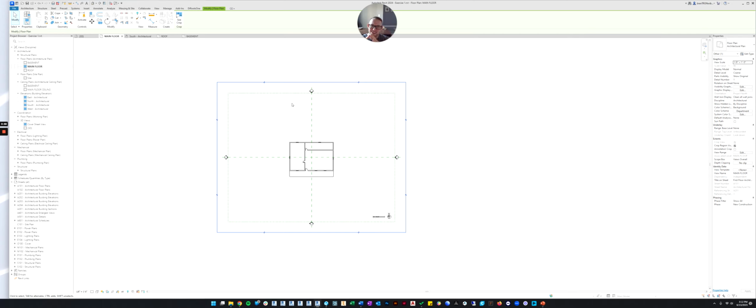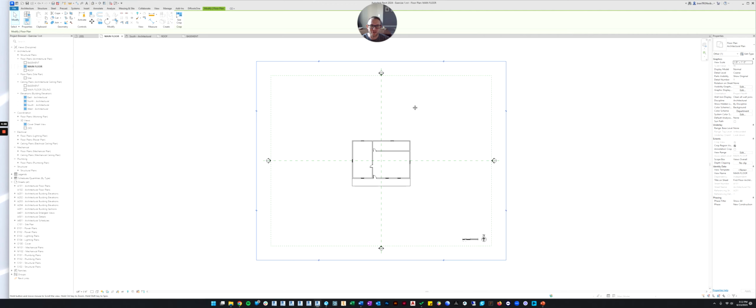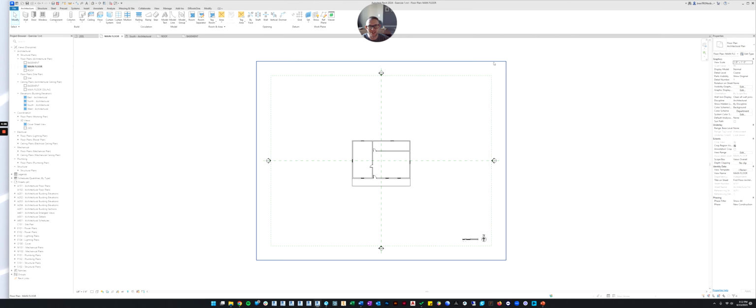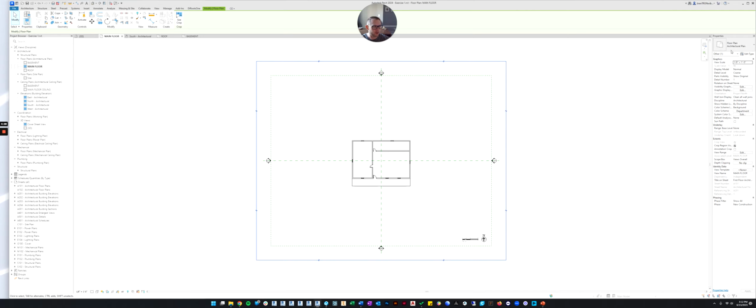The reason is because of the template. Because this was a view that was already set up for you, they changed some advanced settings that are beyond the scope of this class. And there's no way you would know how to fix them except for I just need to show you. So if you click on the crop region, the properties for the crop region come up in the properties panel.